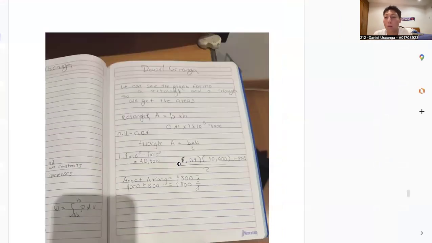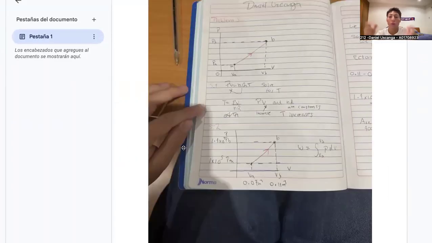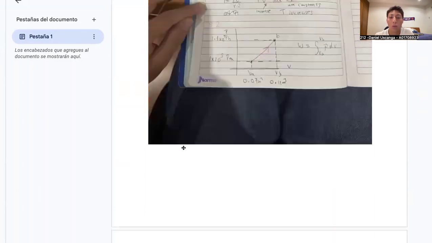We know the work done for a graph is the integral and also the area under the curve. So in this case, we took the area under the curve in order to solve